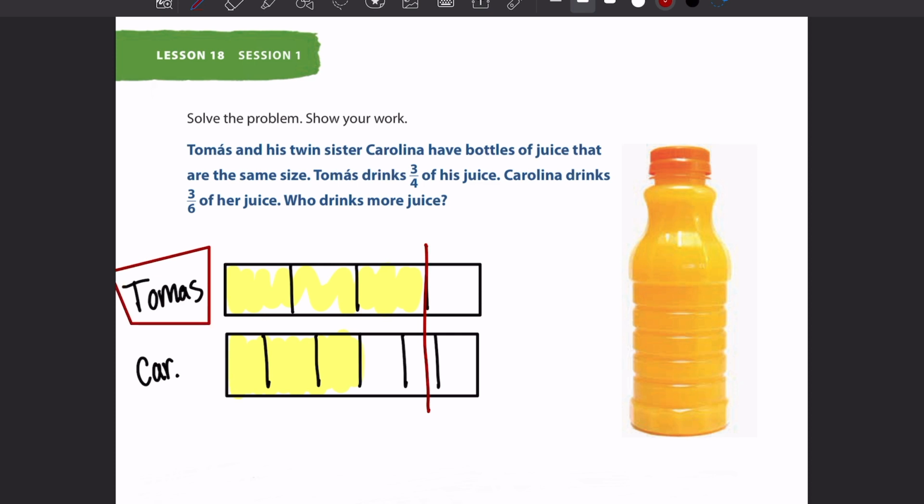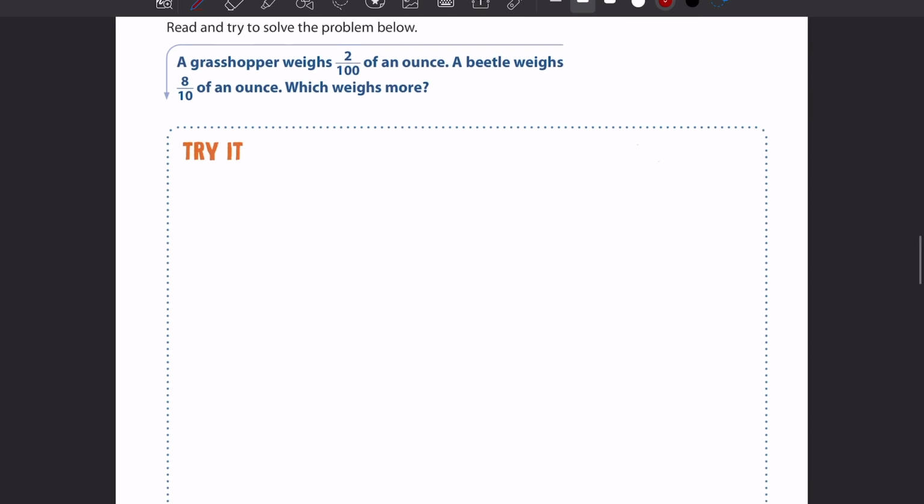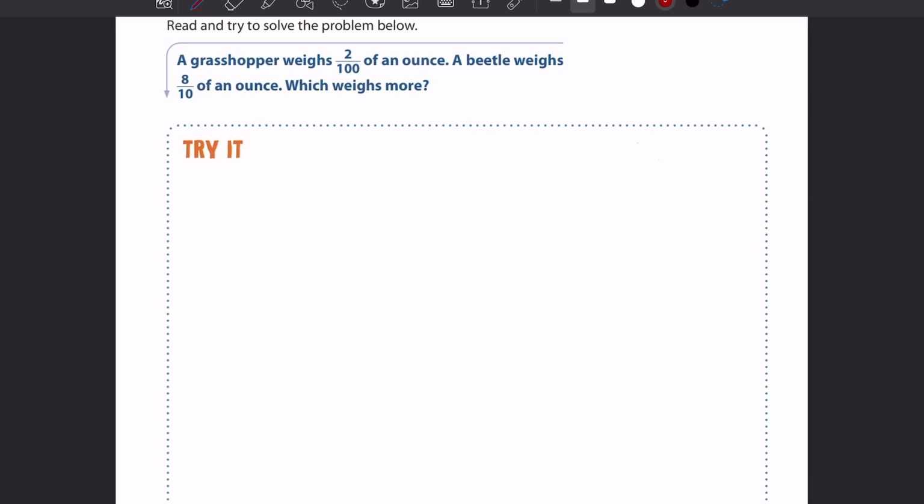All right, moving on to a little bit more complication here. This question says that a grasshopper weighs 2/100ths of an ounce. A beetle weighs 8/10ths of an ounce. Which one weighs more? Because 2/100 is such a large number, doing a fraction bar would be kind of complicated for this scenario. Yes, we can do 8/10 on our fraction bar pretty easily, but the 100 is pretty